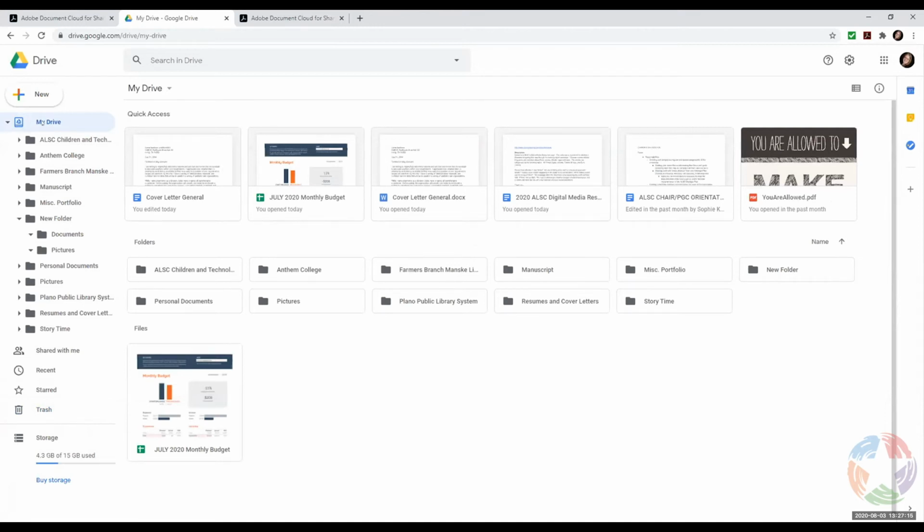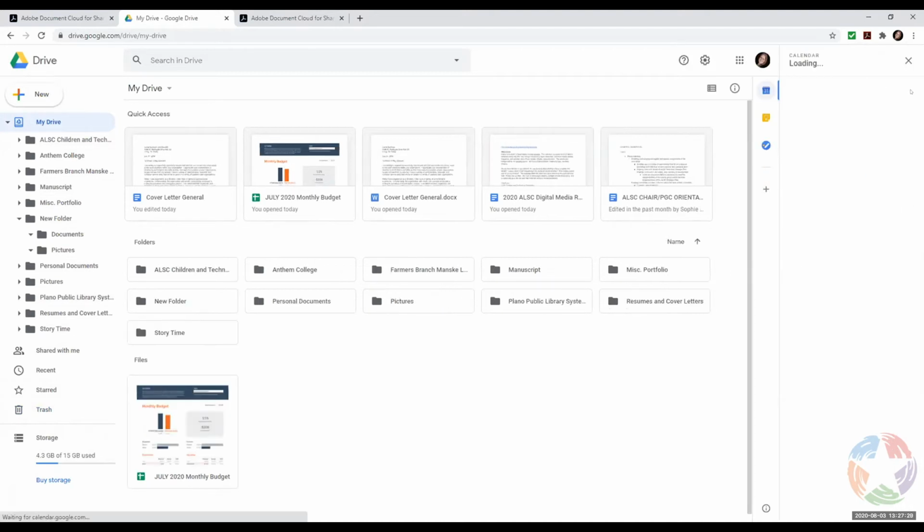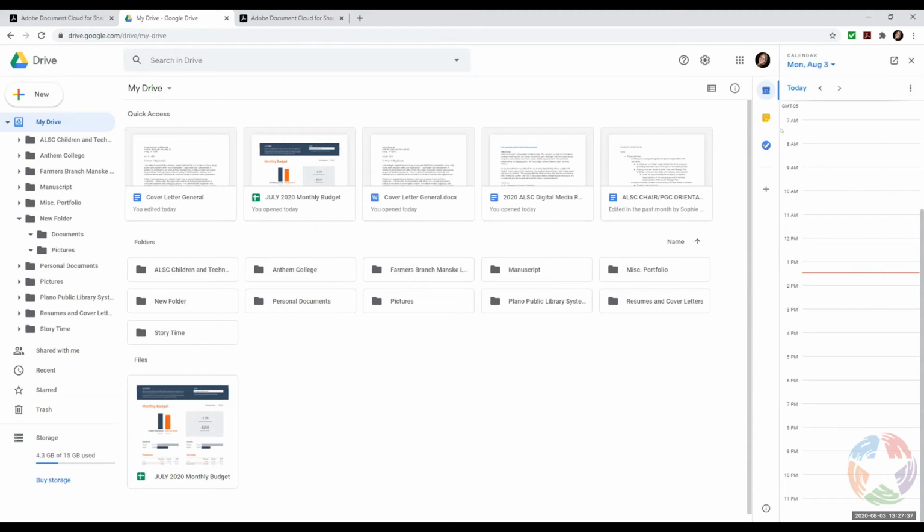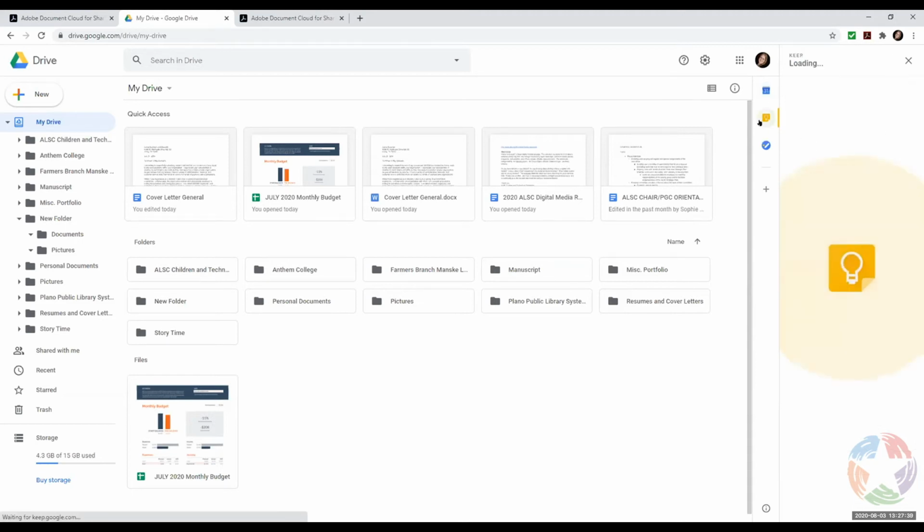Google Drive will also give you some options for additional features that you can use. And these are just additional tools that are on your right-hand side. They're normally collapsed over here, but they give you some more options for helping just organize your life. So you do have access to a calendar that you can go in and put different appointments or things that you need to get done. You've also got